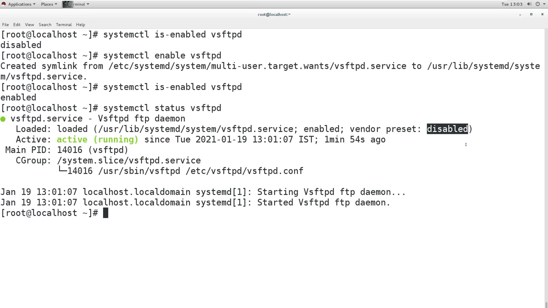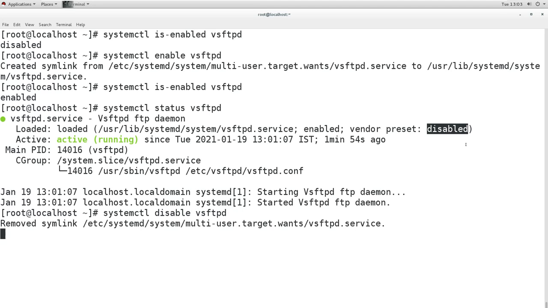And if you want to disable the service, then you will give the command disable, and now it will become disabled.